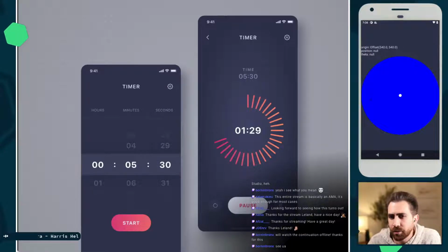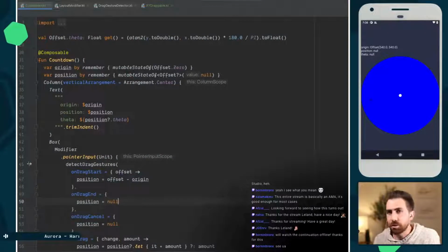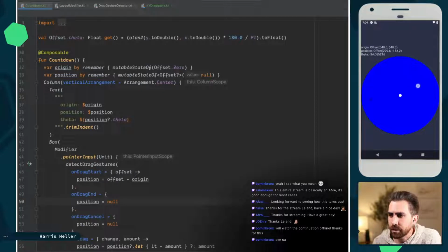And for the first part of the stream, the main thing we were doing was trying to set up all of the gestures, and so we got this set up. So you can see here we've got some state that indicates the drag position, and